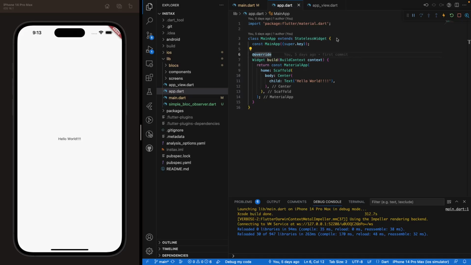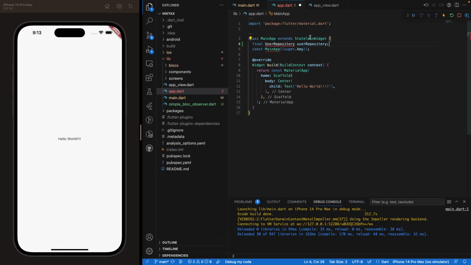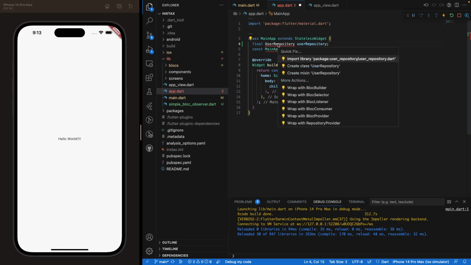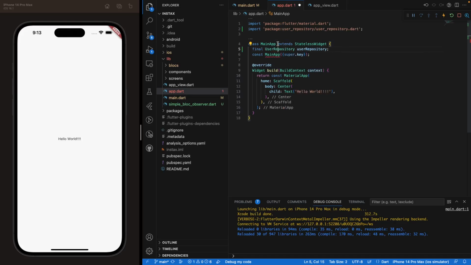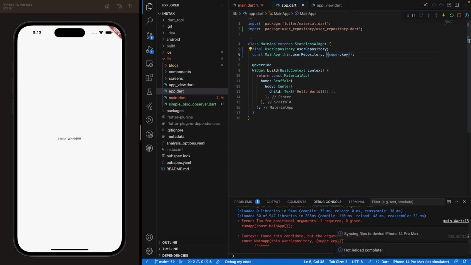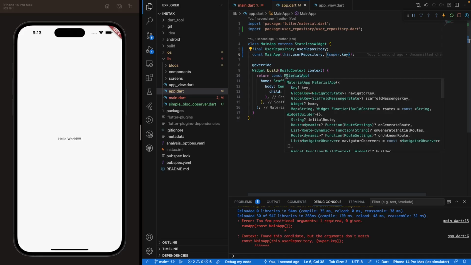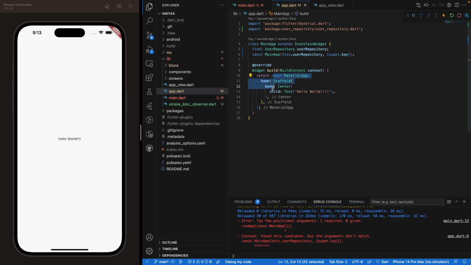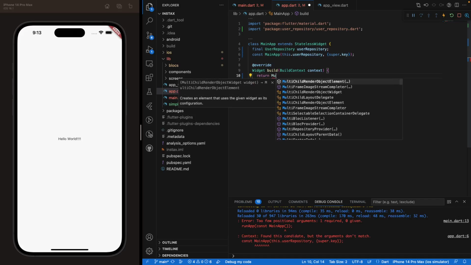So first, we need a parameter for our main app widget, which is a user repository parameter, and we are going to import our user repository that we've created. And we want to add this user repository to our constructor. Perfect. So here, instead of returning our material app right here, we're actually going to delete all that. And here we want to return a